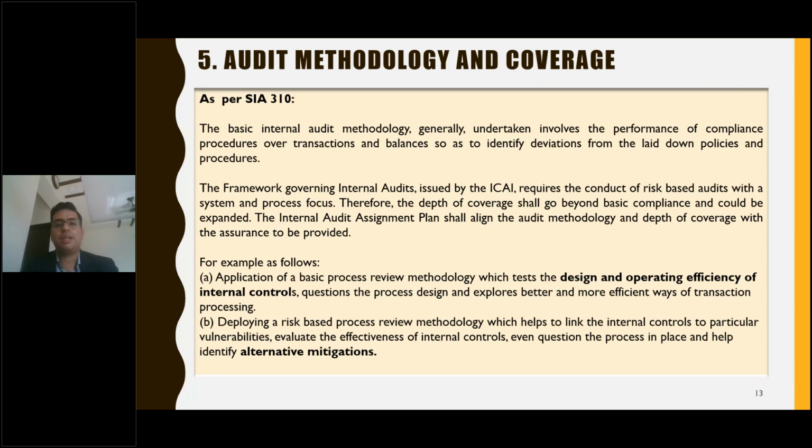As I say, in today's governing internal audit framework which the institute has recommended, it is beyond conducting the audit in the traditional way, where you have to conduct a risk-based audit with system and process focus. Therefore, the depth of the coverage shall be beyond basic compliance and could be expanded. The internal audit assignment plan shall align the audit methodology and depth of the coverage with the assurance to be provided. So basically, in simpler terms, the standards say that whenever you do audit planning, you should